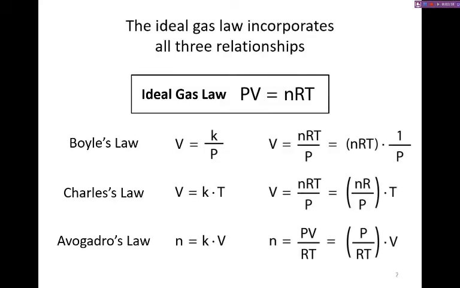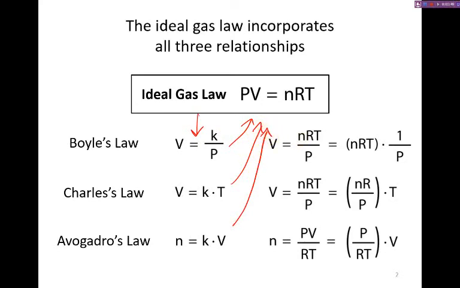We talked about in a previous video how you can relate the pressure to volume using Boyle's law, you can relate the volume to temperature using Charles' law, and you can relate the moles to volume using Avogadro's law. Well, if you take those relationships, which are illustrated here in the second column, and then combine them all together, we get a single relationship, and that is what we call the ideal gas